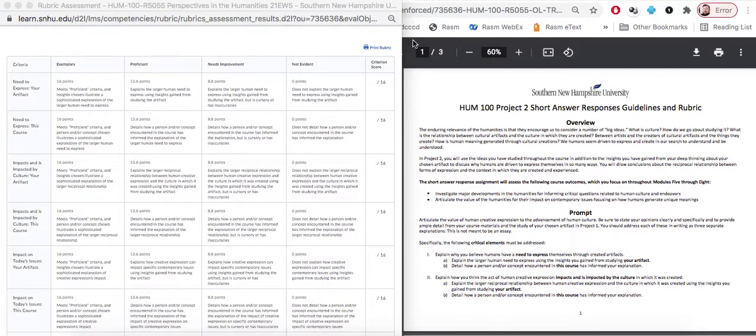So here we go. In Project 2, you will use the ideas you have studied throughout the course, in addition to the insights you have gained from your deep thinking about your chosen artifact, to discuss why humans are driven to express themselves in so many ways. You will draw conclusions about the reciprocal relationship between forms of expression and the context in which they are created and experienced. To kind of put that in plain English,